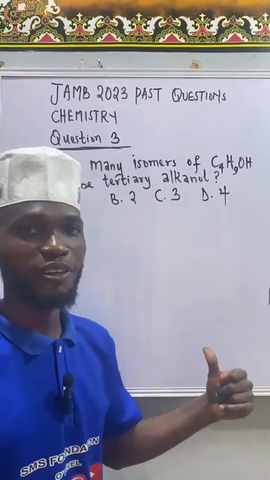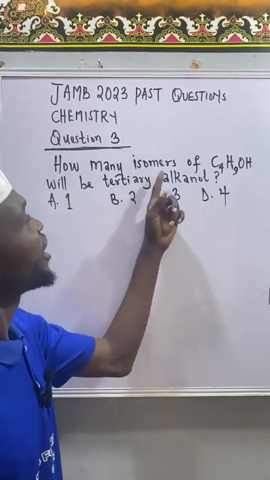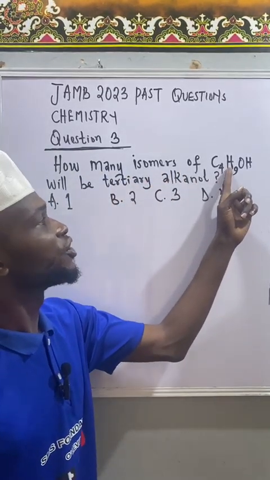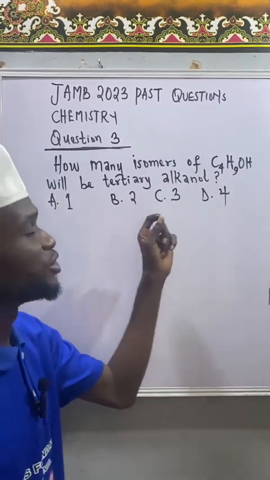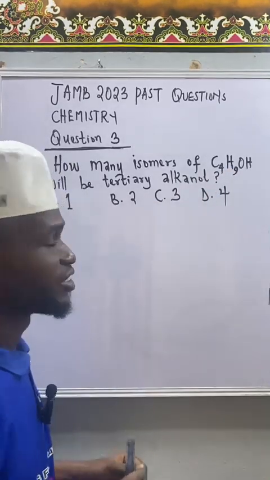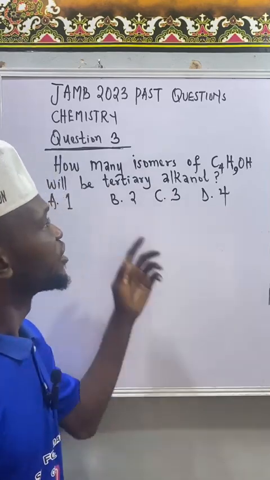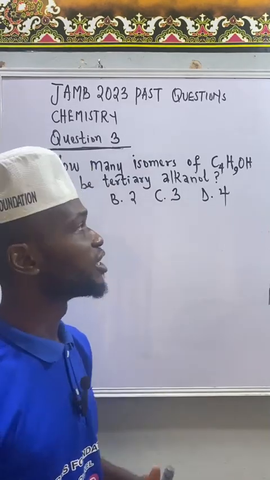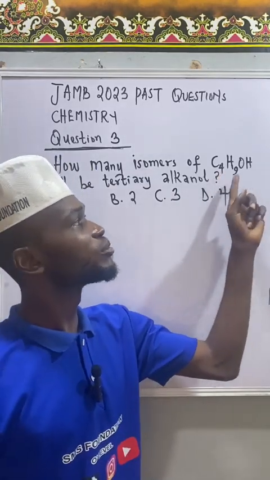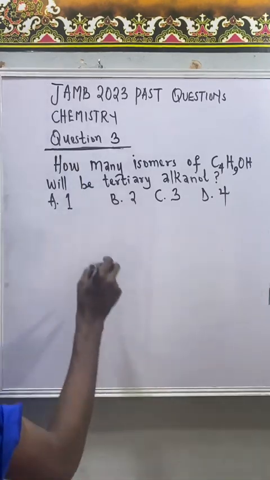Question 3, JAMB chemistry. How many isomers of C4H9OH will be tertiary alkanol? Good. Let's break this question down one by one. First of all, the chemical compound given on the board, which is